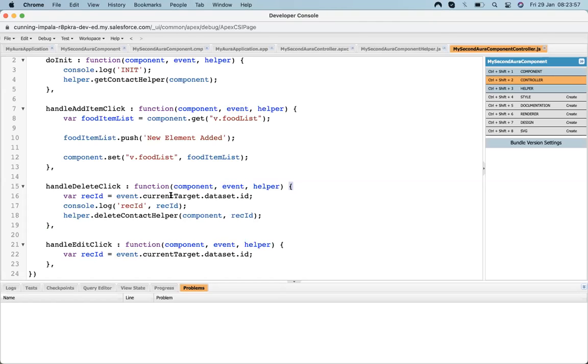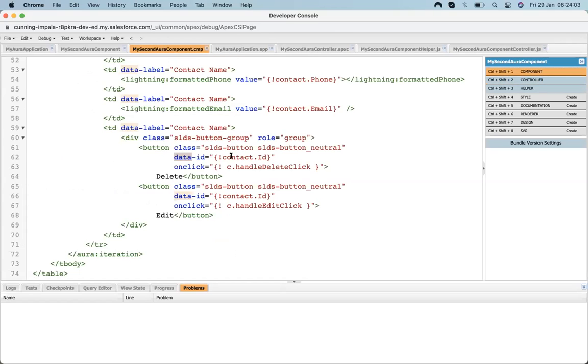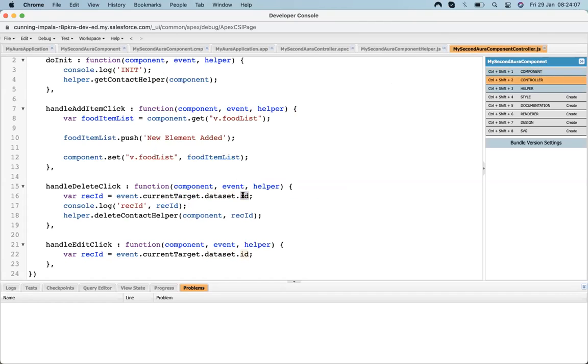Event dot current target means the current clickable element, and then we have a dataset. This is called dataset, and from the dataset we are getting the ID. Okay, so in this way we can get the current record ID, and once we get it, we are able to delete, edit, and do any event on that.